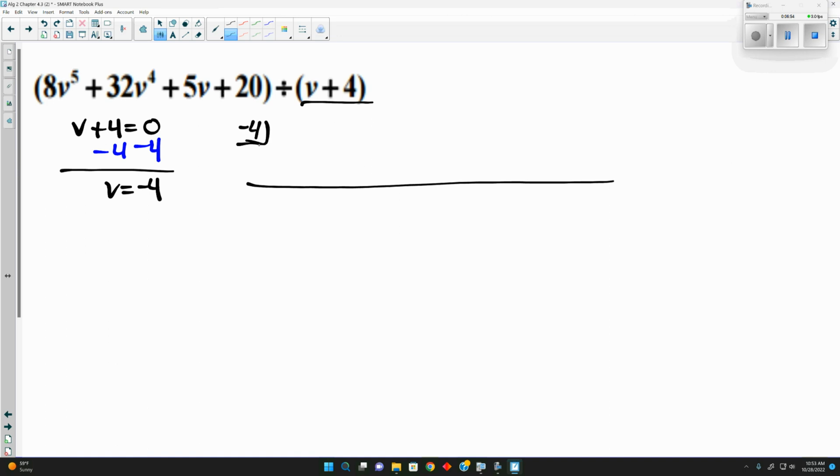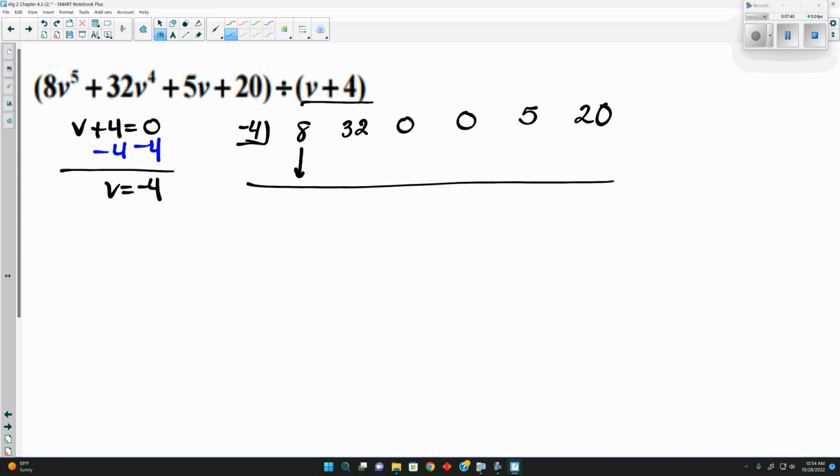So our numbers across the top. We're starting with 8, and then 0, because we have v to the 5th, yes? So we need them all. So v to the 4th would be next. After v to the 4th would be v to the 3rd. Do we have a v to the 3rd? So we have to put it in as 0. After v to the 3rd, we would need v squared, which is another 0. After v squared, we have v to the 1st, or just v, which would be 5. And then our last number is 20, because if there's any of them missing, we've got to put them in as zeros. Now this one here does work out very nicely,